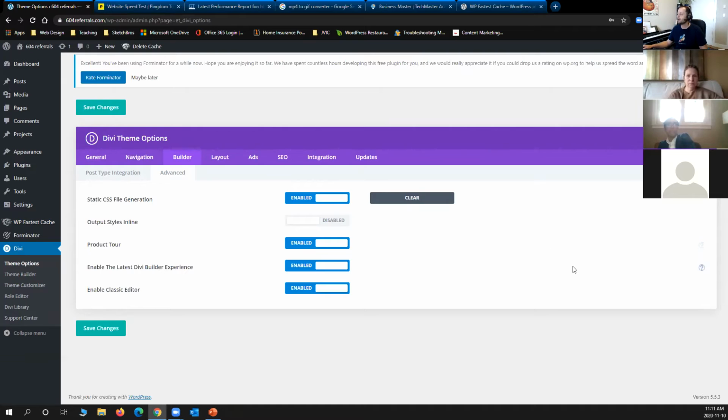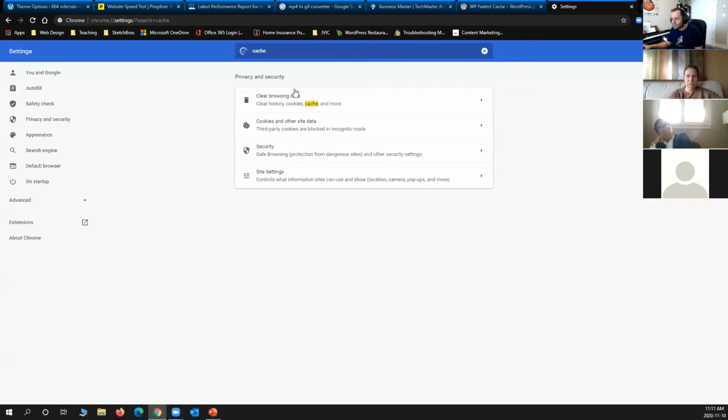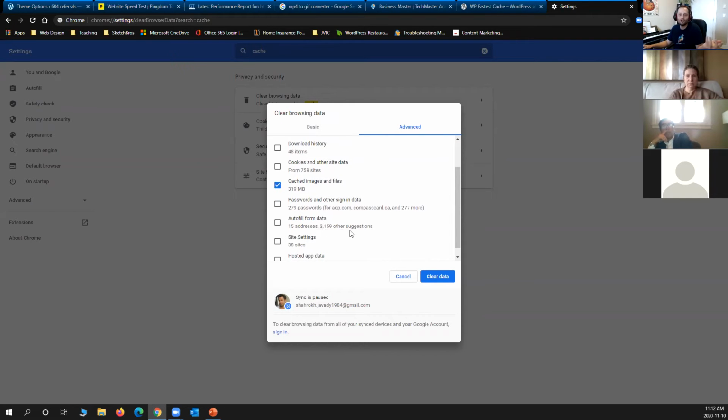So if you, by any chance, ever make changes on your website and it is still slow or you don't see the changes, clear your caching, clear your CSS, go to your actual browser, search cache, and clear your cached images and files. Do not clear your cookies because you will be logged out of all websites.